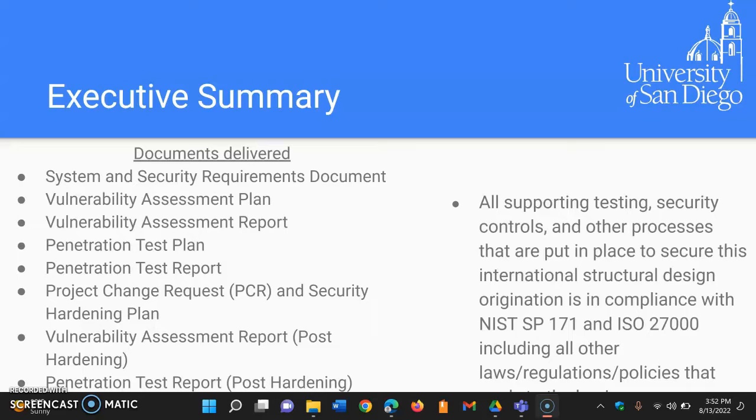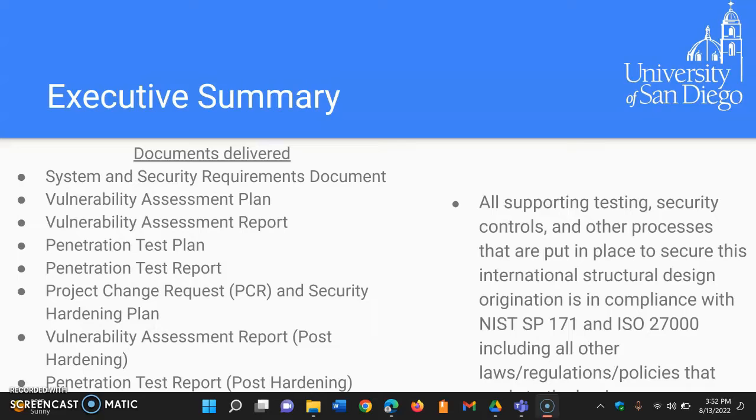The documents we'll be discussing are the System and Security Requirements Document, Vulnerability Assessment Plan and Report, Penetration Test Plan and Report, Project Change Request and Security Hardening Plan, Post-Hardening Vulnerability Assessment Report, Post-Hardening Penetration Test Report, and Information System Security Plan. All supporting testing, security controls, and other processes that are put in place to secure this international structural design organization are in compliance with NIST Special Publication 171 and ISO 27000, including other laws, regulations, and policies that apply